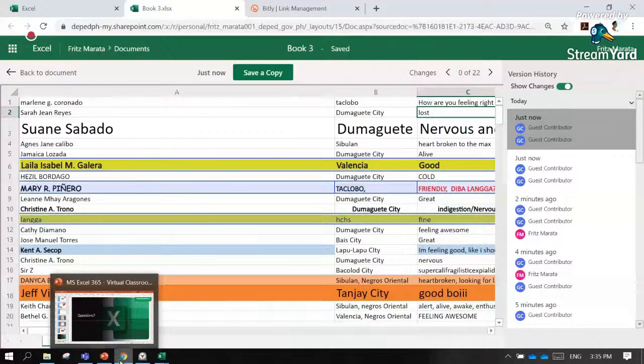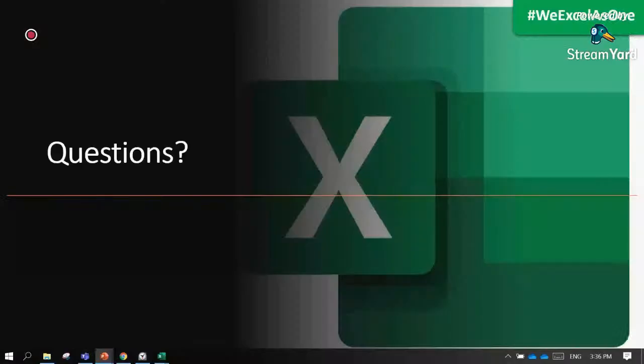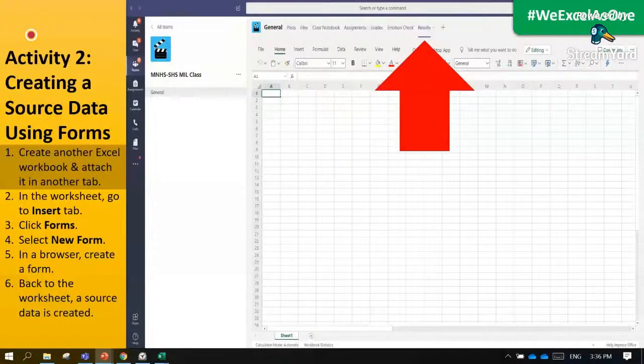For the second activity, we are now going to create a source data using forms. Why do we have to create a source data and incorporate the application of forms in creating it? Because our second, third, and fourth features can be utilized using a source data.